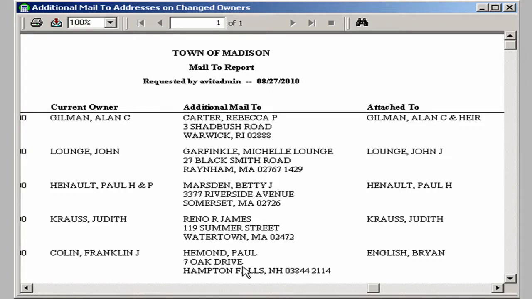So what you need to know about this report is you need to print it out, look at the information. Does the additional mail-to need to stay on? Then you don't need to do anything. Does the additional mail-to need to be removed? Then you need to go and remove it from that property so that someone's not getting a bill that they shouldn't be. So you'd want to print it